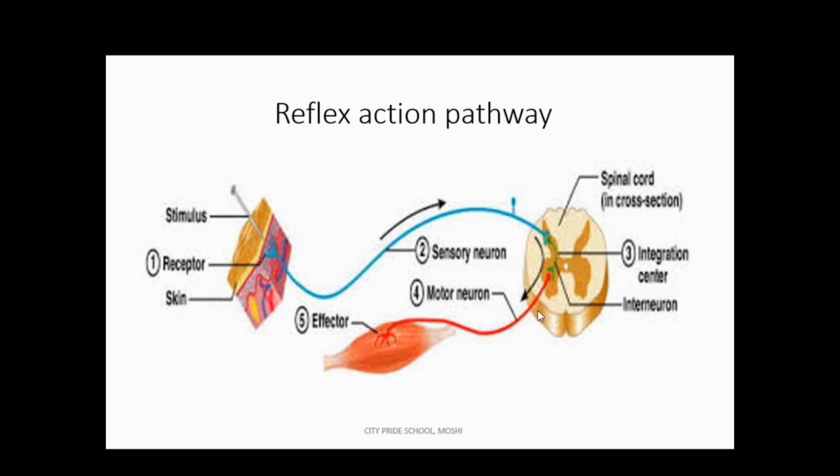Do note that the messages are also carried to the brain by other neurons for other responses, such as removing the pin from the skin or attending to the wound. It is the brain which is going to tell you what to do next. But the primary motor response is generated at the spinal cord so as to make the response immediate and quick and reduce the damage which can be caused.